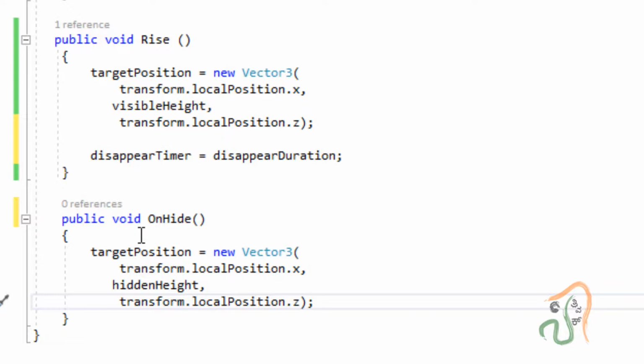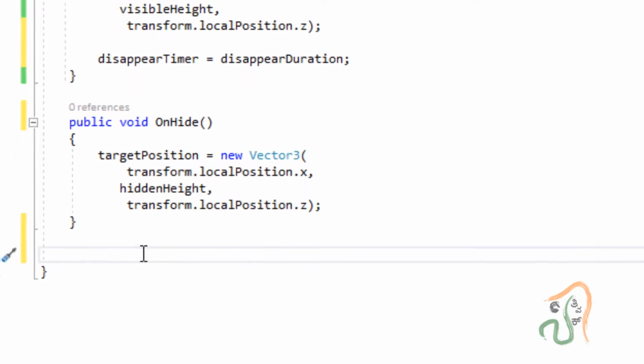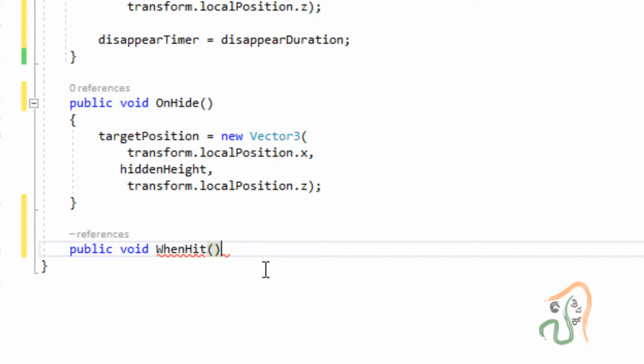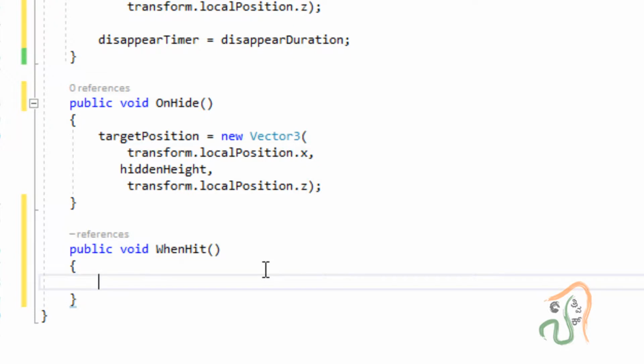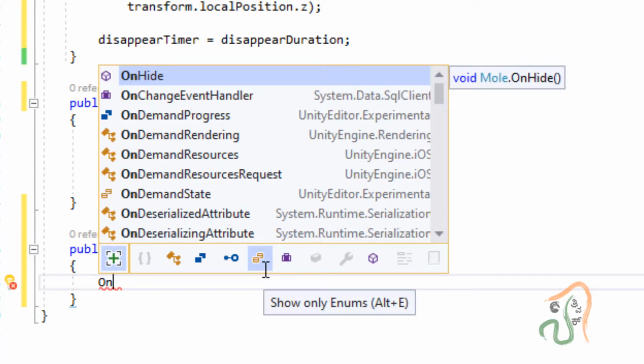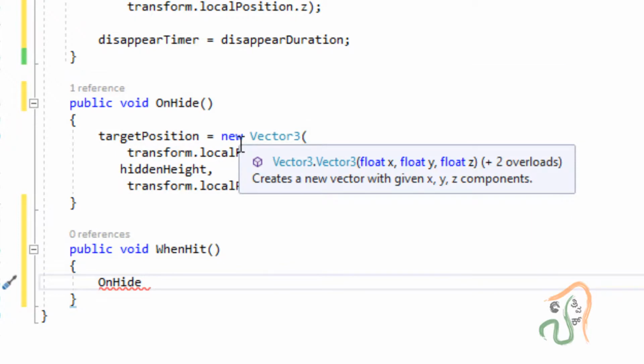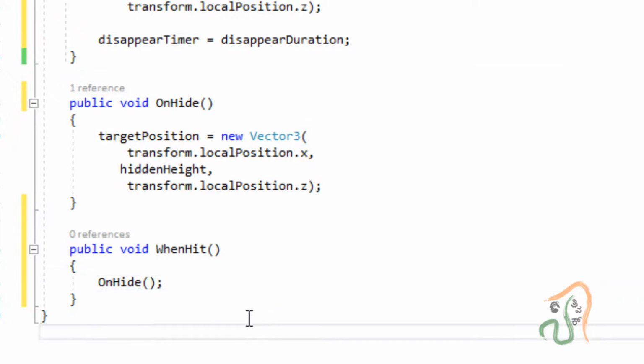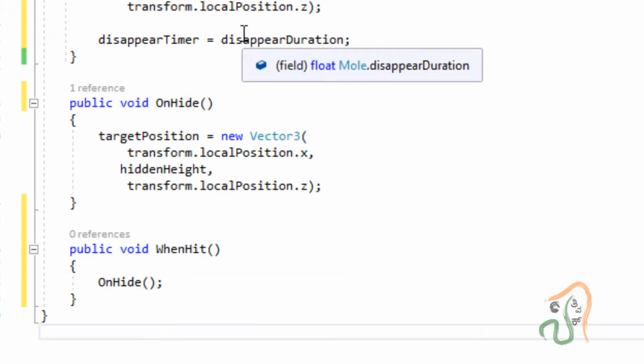After we renamed it, let us come back here, public void, and paste this when hit. This when hit will now just call the method on height. So we have this on height method, and we are just going to execute this method.